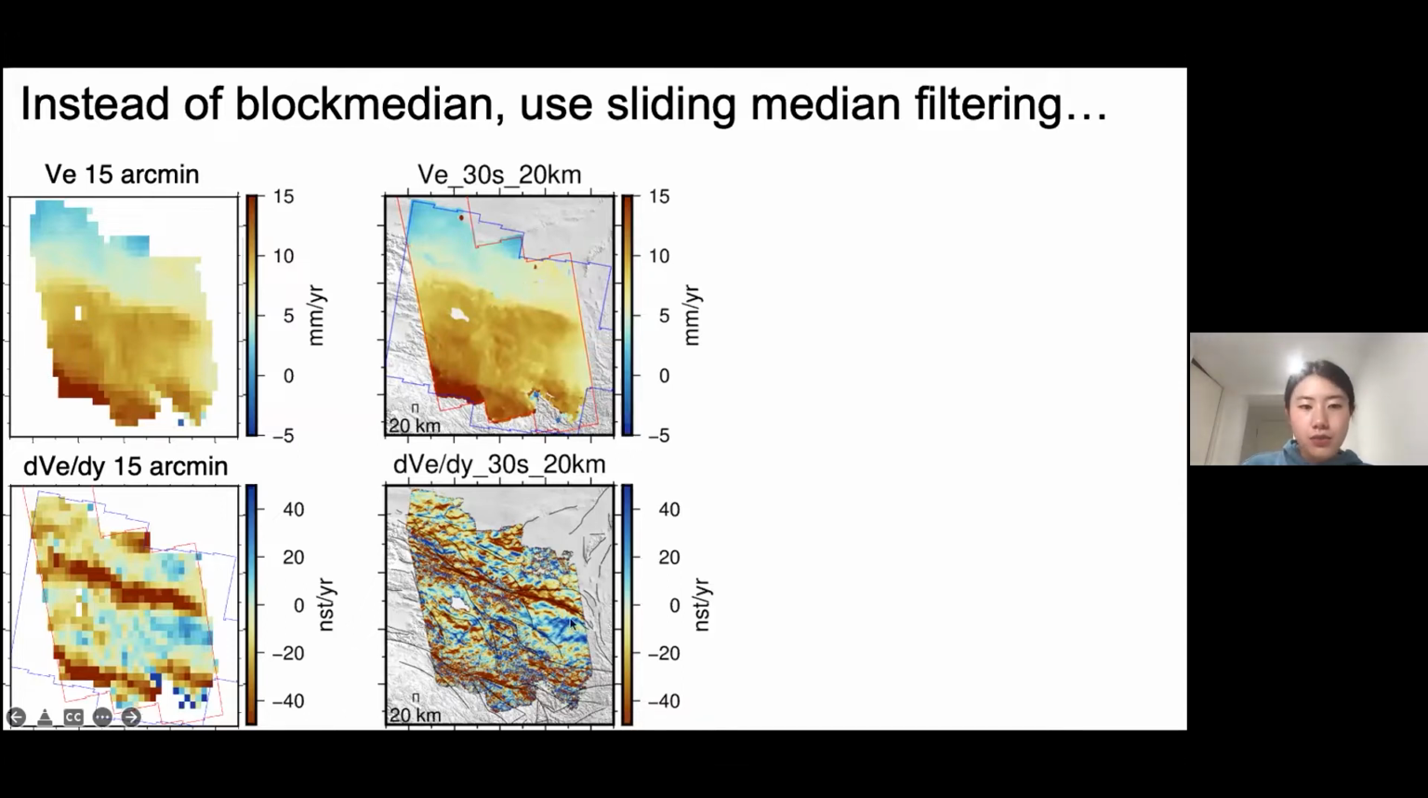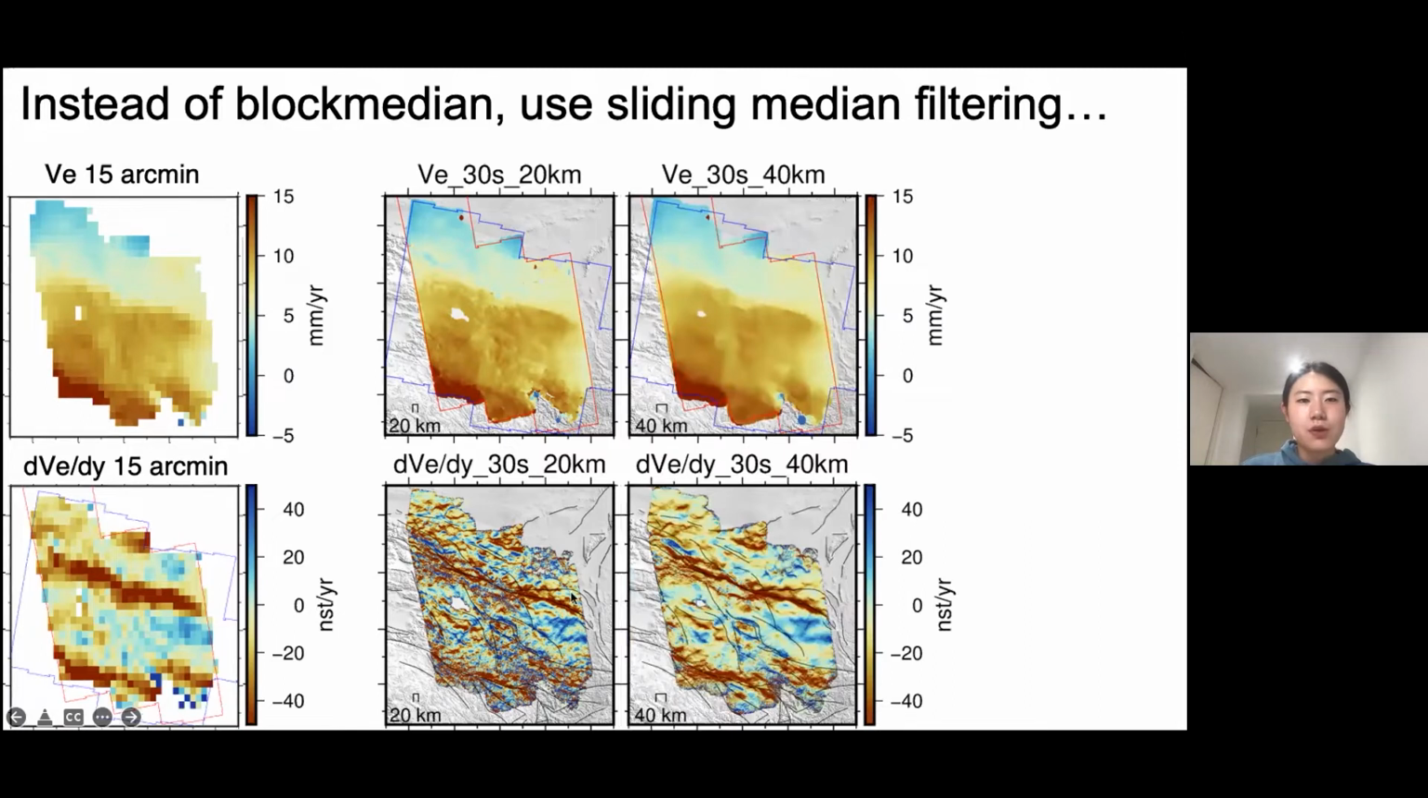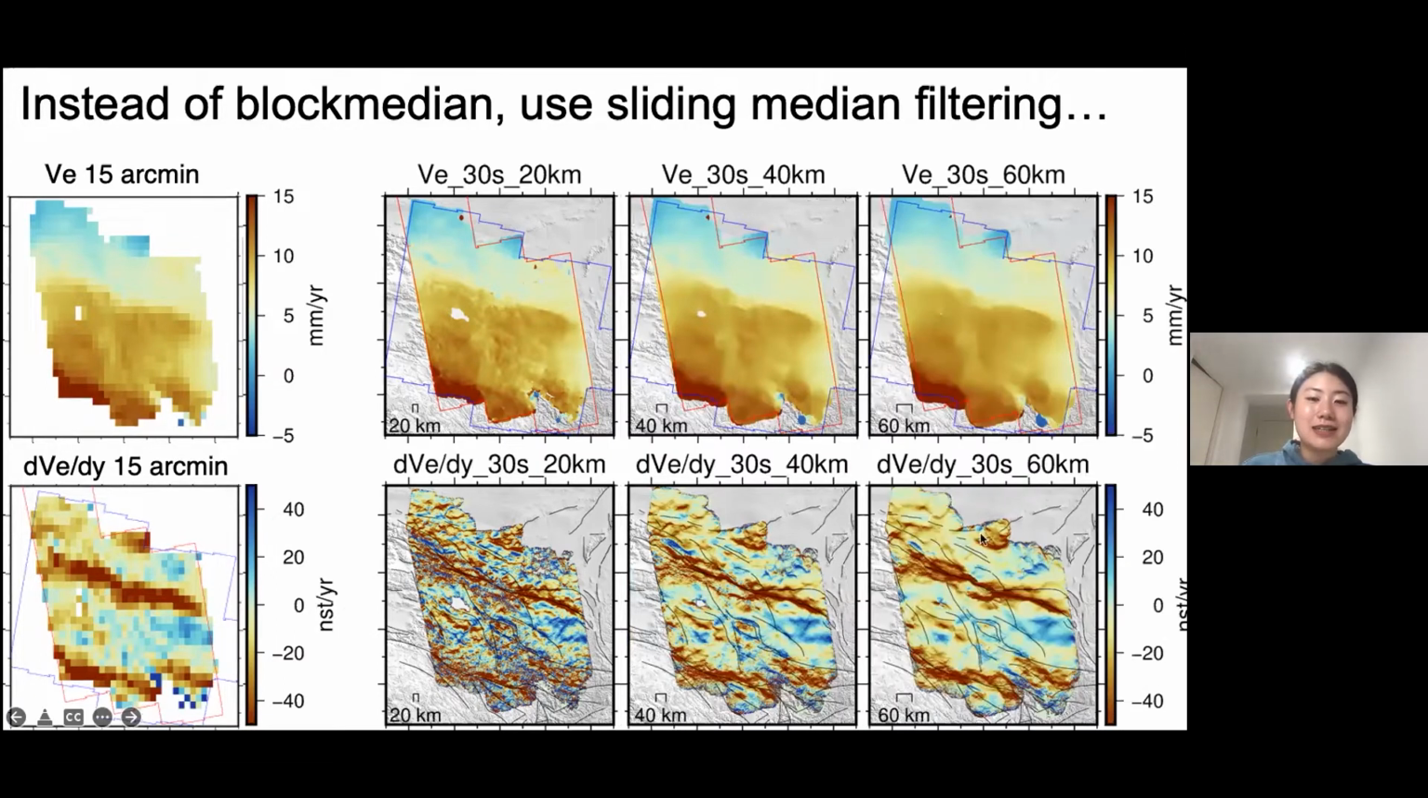In order to suppress the noise in the velocity gradient, we can increase the filter window size, and then we can keep increasing, and we can see this noise keep going down. However, the next question is, how do we know when to stop? We can make sense of this